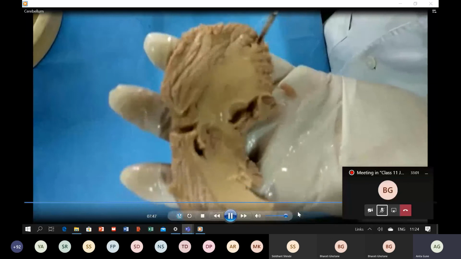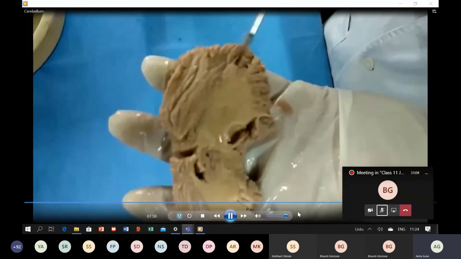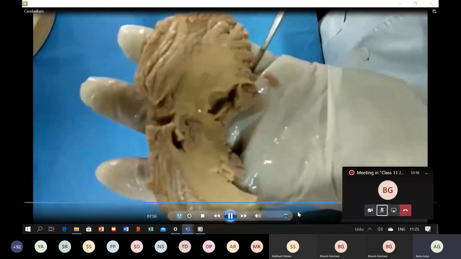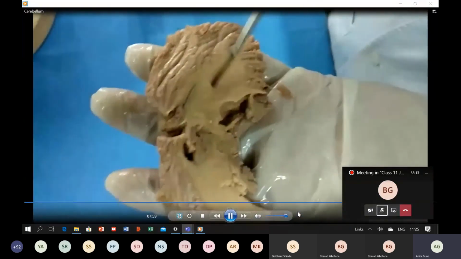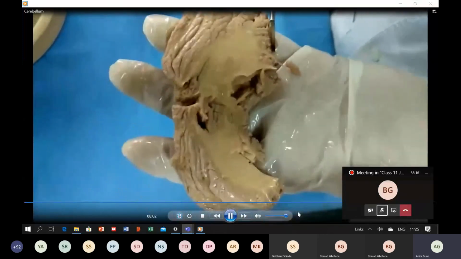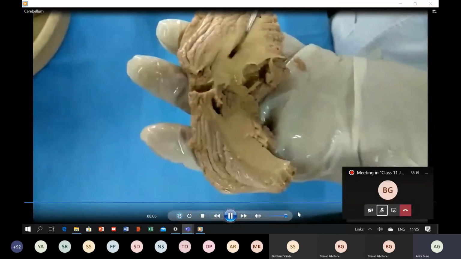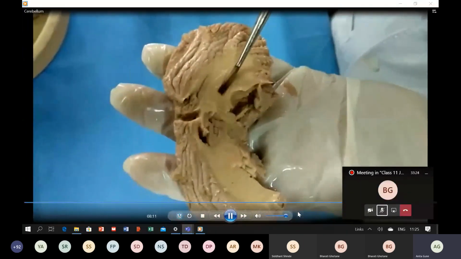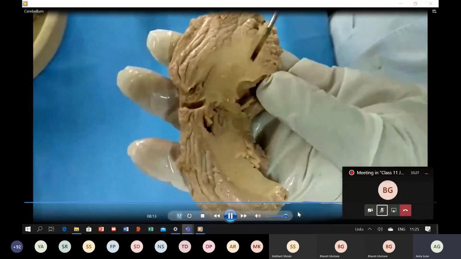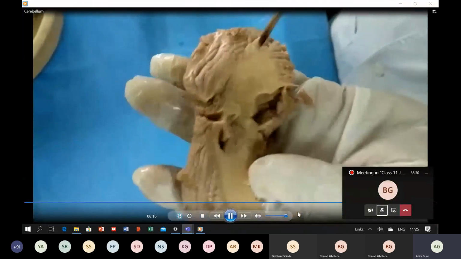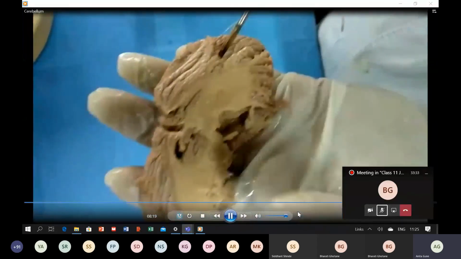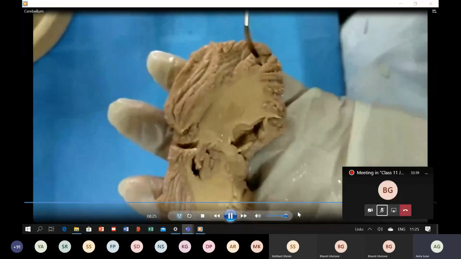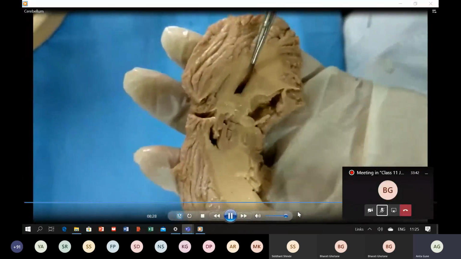Can you see gray matter lies in the folia here? This is the cerebellar cortex, and this is the cerebellar medulla. The medulla contains white matter and the cortex contains gray matter. In the medulla there are a few nuclei, which are also gray matter lying within the white matter. Those are the dentate nuclei and other nuclei that you are going to study in detail during the lecture class.